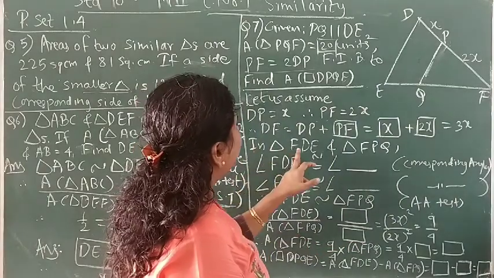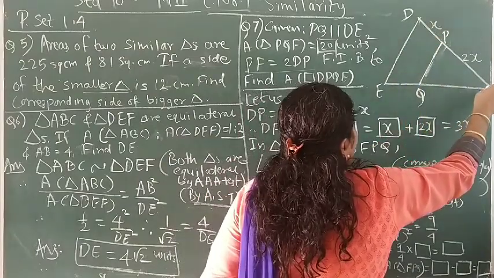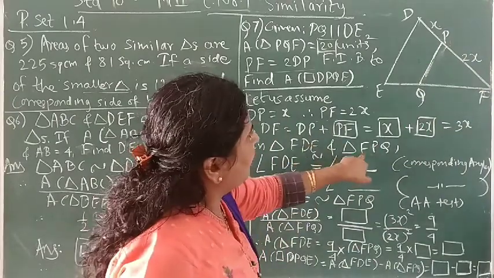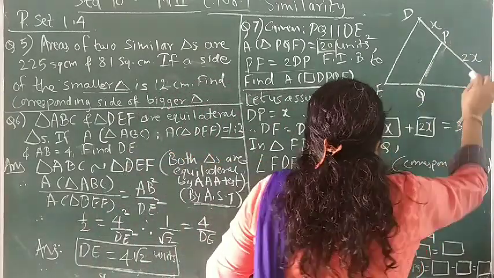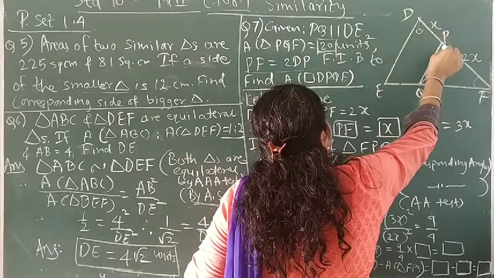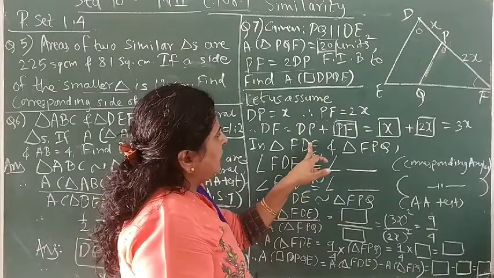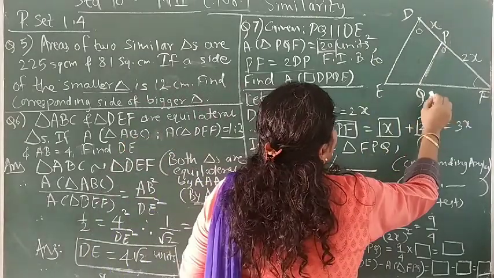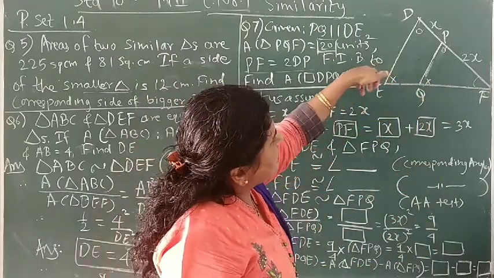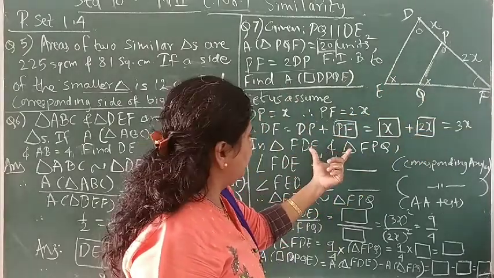Okay. Now in triangle FDE and FQP, FDE, that is the larger triangle, and FPQ, you can see that it is given in the correspondence. Say F to F because it's a common angle, correct? This is the common angle. D and P, we can say these two angles are congruent because these lines are parallel. Taking this as transversal, these are the corresponding angles. And E is written corresponding with the Q. Now here these two angles also we can show congruent because again these two lines DE and PQ are parallel and taking this as a transversal. Okay, so these two triangles can be proved similar.